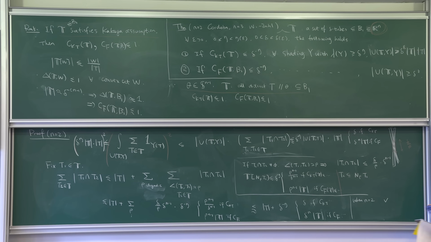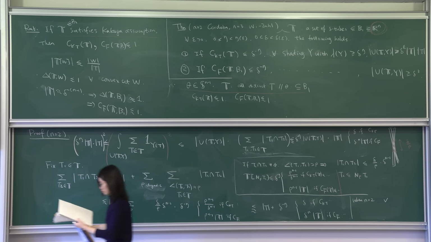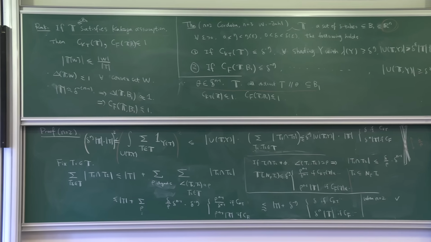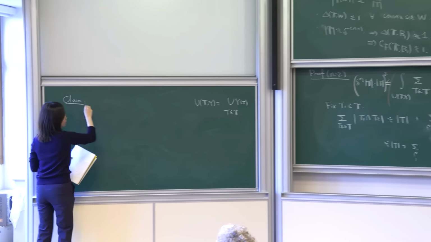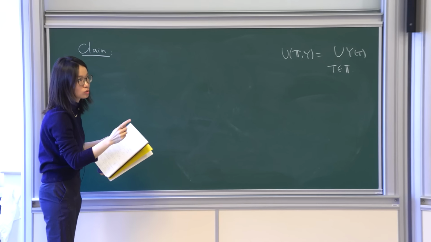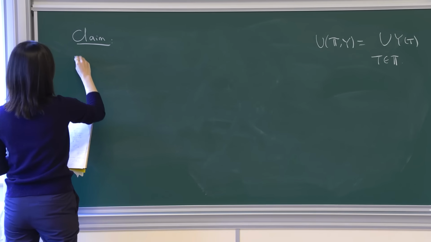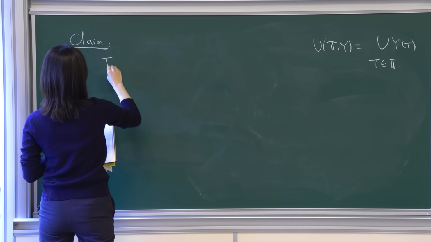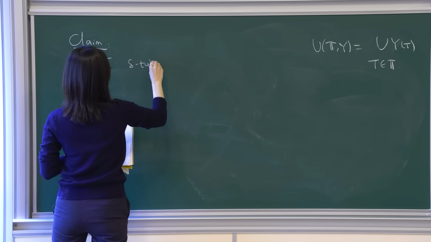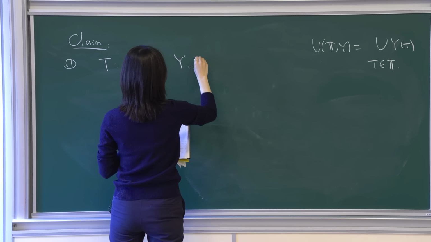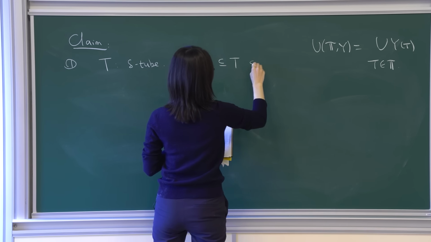Okay. This is a good place to give an exercise. So I'm going to call it a claim, but the proof really uses just this L2 method and also the definition of those Wolff axioms. So claim 1 is, let's say T is a delta tube, and let's say Y sub T is a shading,